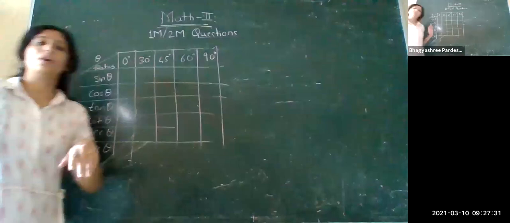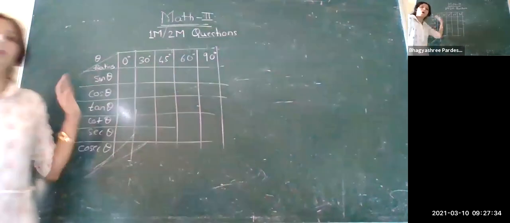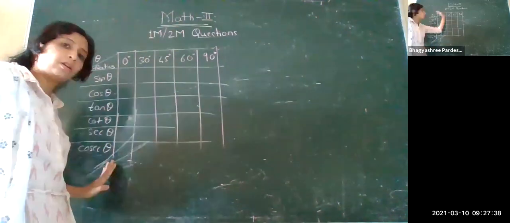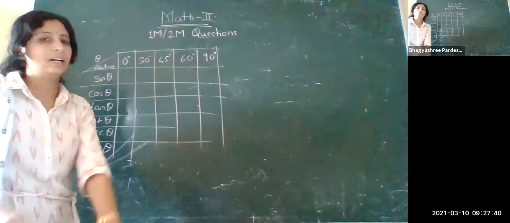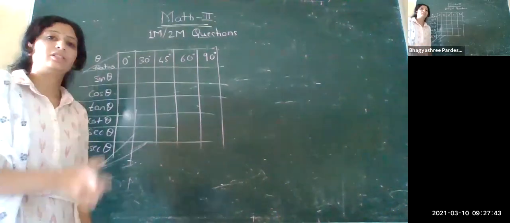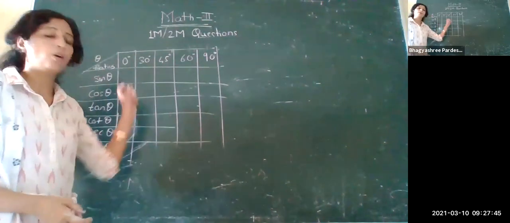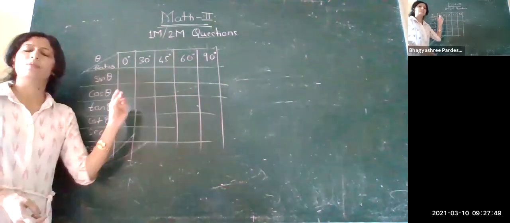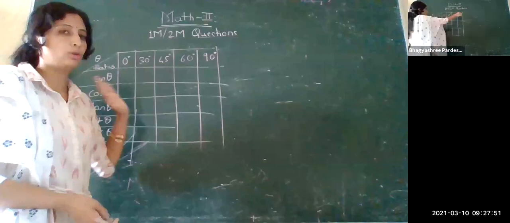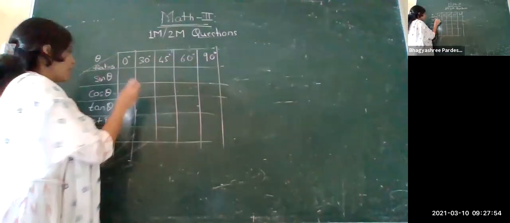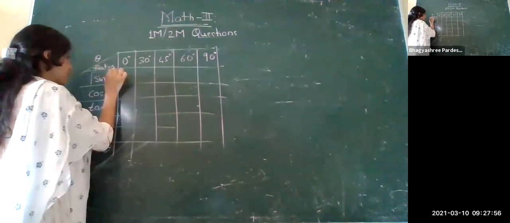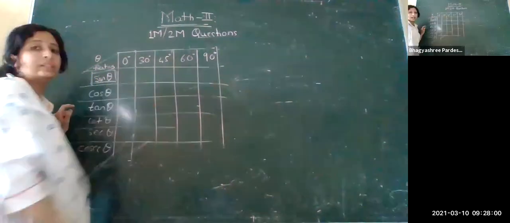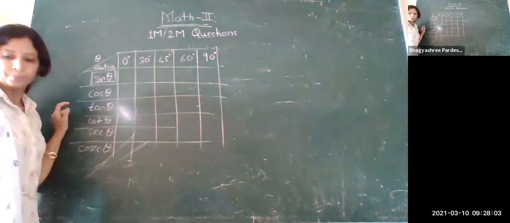Is it compulsory to remember the values of all the trigonometric ratios for all these angles? Definitely no. But I am saying, once you get the answer sheet in your hand, on a rough paper, take the sign of the examiner and draw this table. You require less than 1 minute for this. Only remember the values of sine theta for all these angles. Once you know this one, your answer is easy.